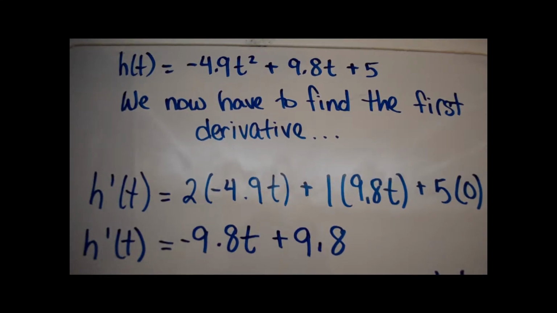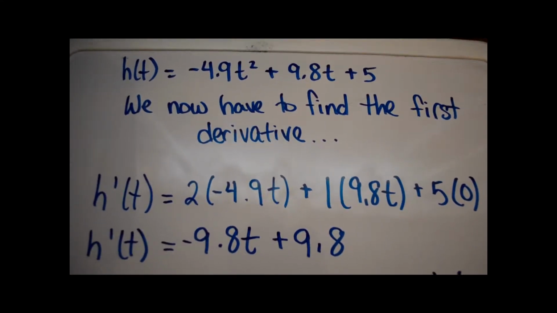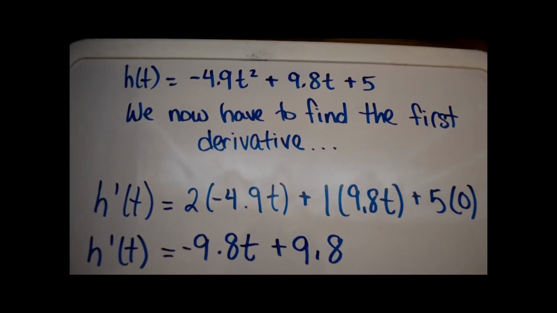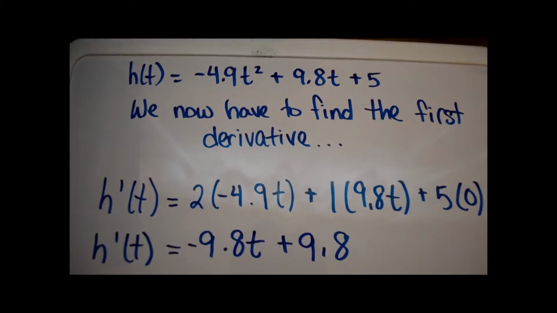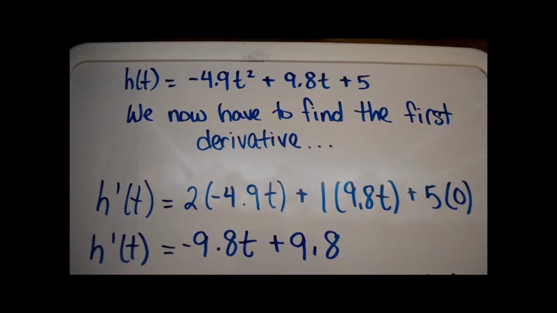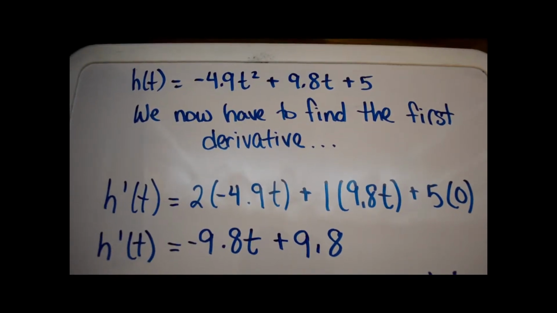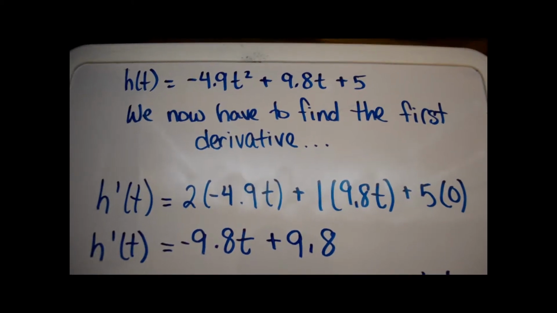This is because while taking the derivative, you have to drop the exponent to the front and multiply it. So the squared exponent becomes a 2 and multiplies by the negative 4.9t, and the exponent of 9.8t is 1, so you drop the 1 down in front of the 9.8t, and the derivative of a constant is always 0,